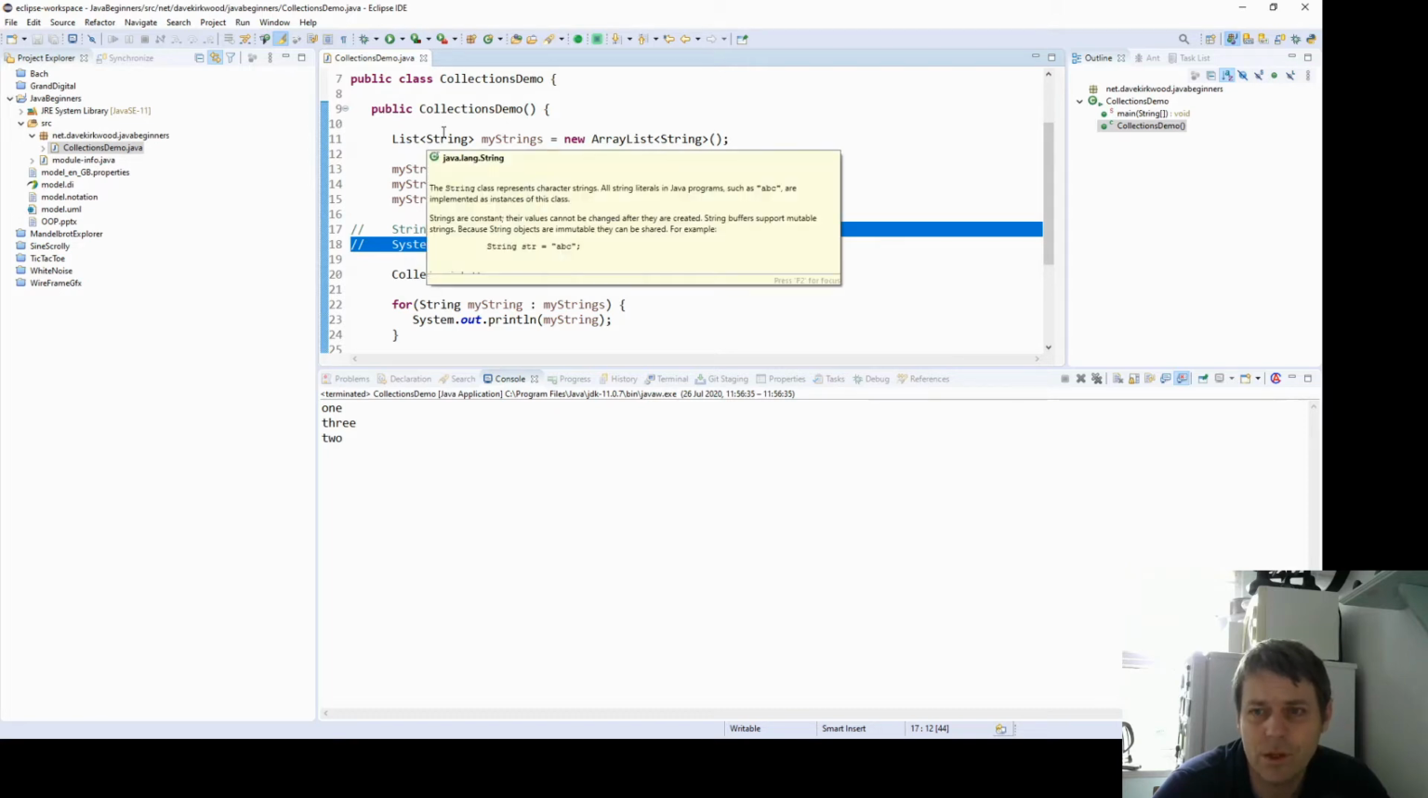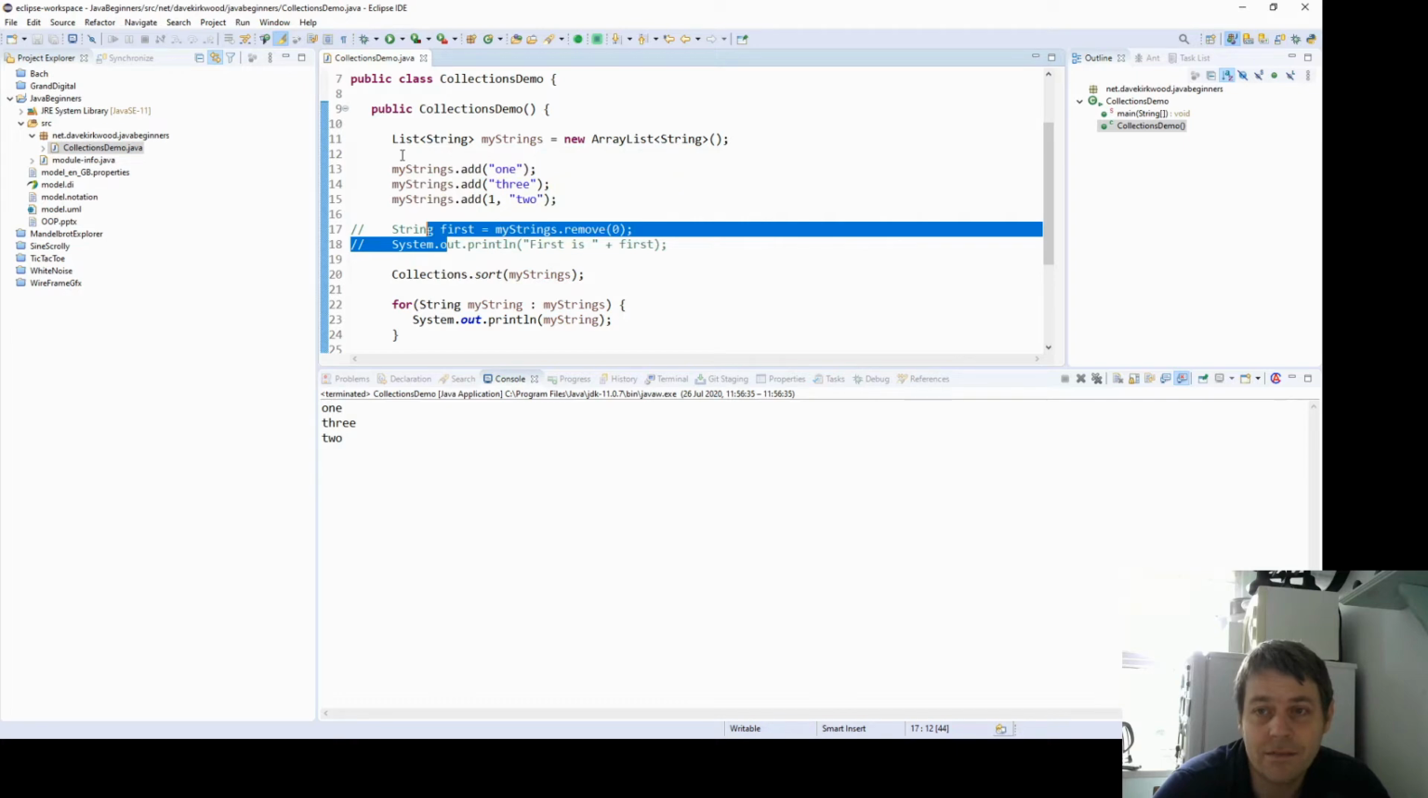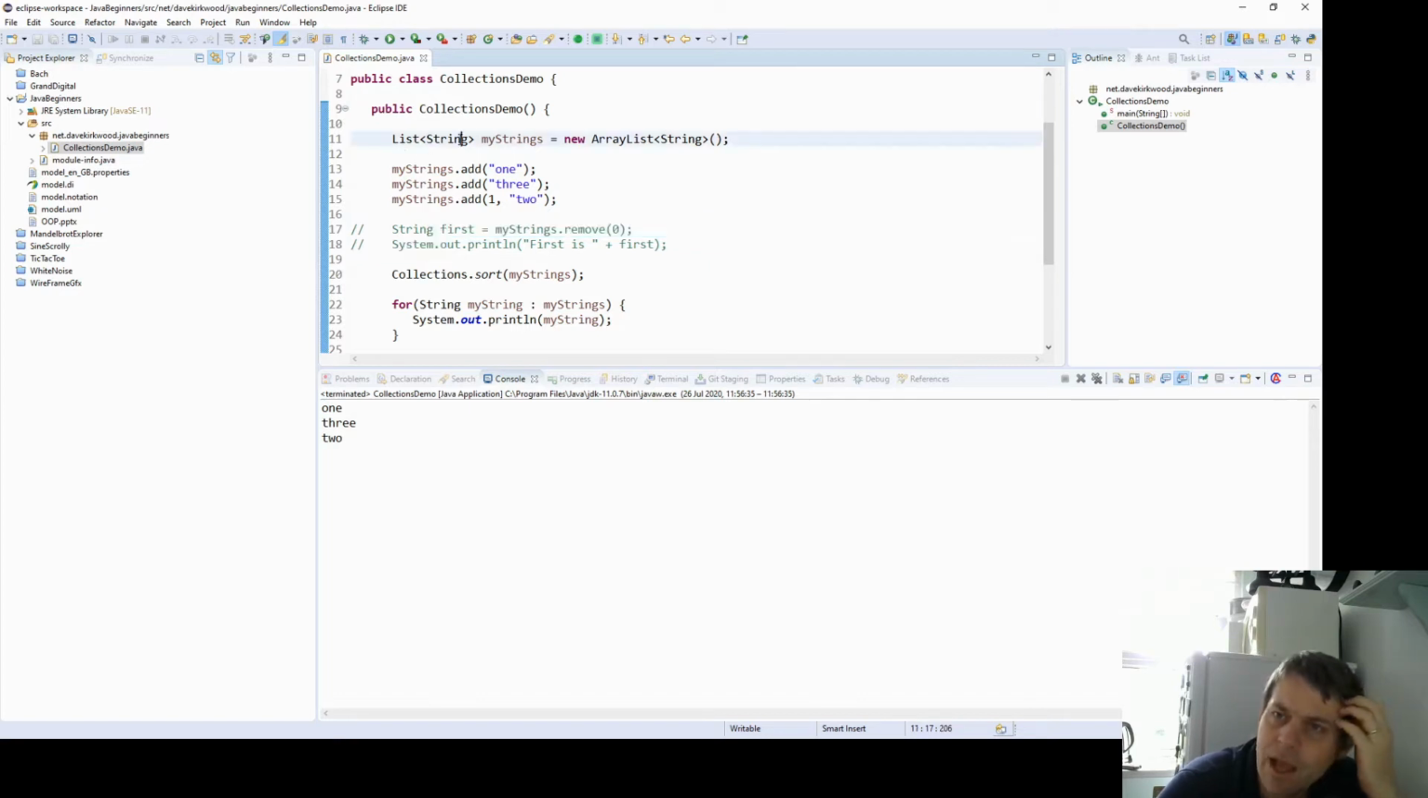So the way this works is String implements an interface called Comparable. That interface has a method which is compareTo, and the string has a compareTo method where it can compare itself to another string. Now let's